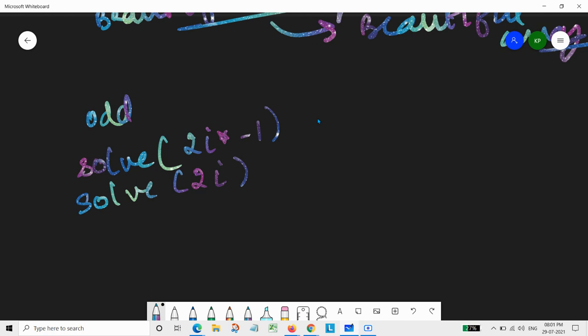Basically what I want to say is that it acts as the recurrence relation only, and the base case for this recursive solution could be simply when n equals 1.